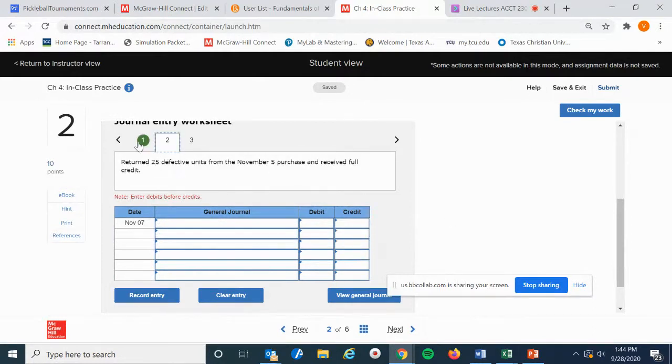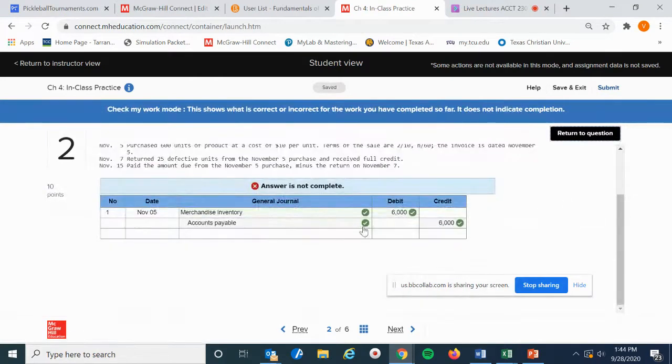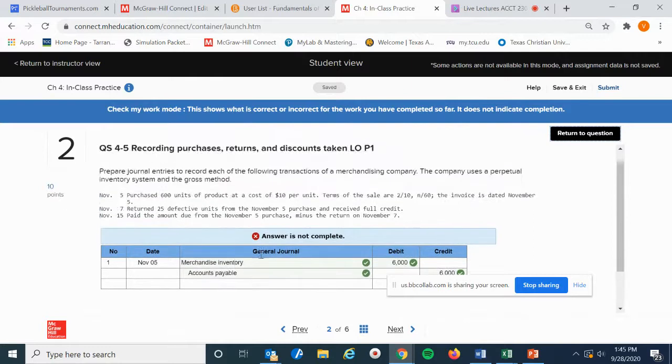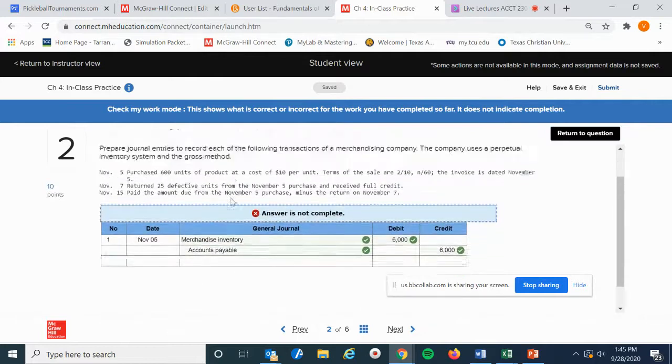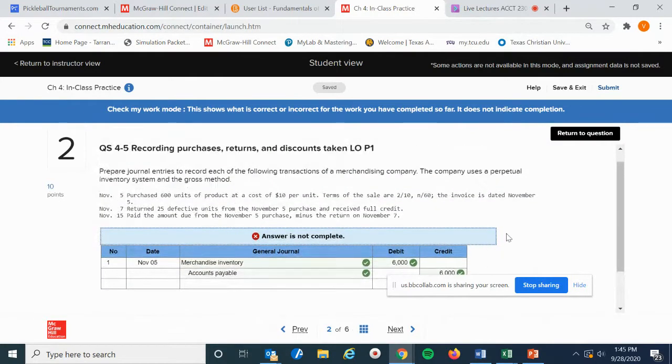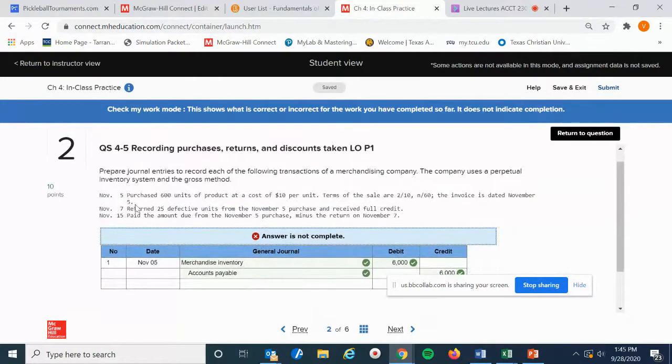I'm going to go ahead and record the entry, and I'd like to check this entry before I move forward. My answer is not complete because I've only done the first entry, but my merchandise inventory and my accounts payable are now recorded. Okay, so the next thing that I'm going to do, on the 7th, they returned 25 defective